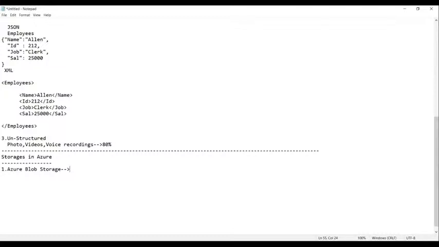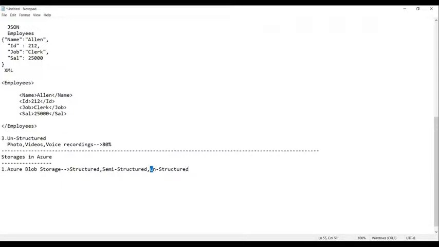So the Azure Blob Storage can store structured data, semi-structured, and unstructured data.